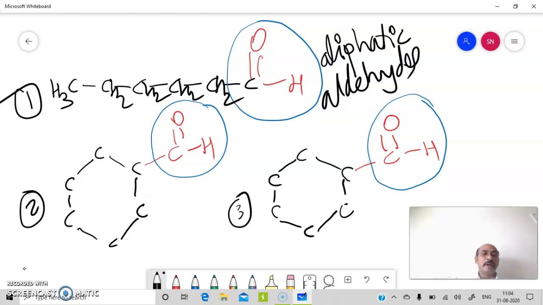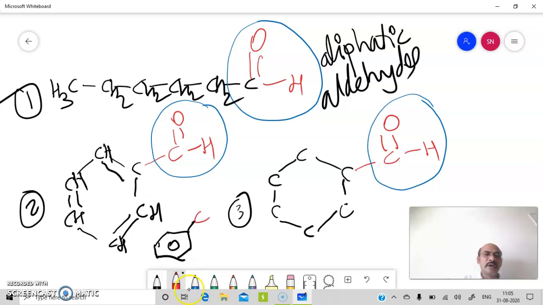two types are possible. If you remember, first and most important aromatic hydrocarbon, that is benzene, then here you have to write alternate double bonds and remaining valencies for hydrogens. So here 1H and here 1H. So here it is benzene. Simply you can write it like this: a hexagonal ring having a circle inside it, and here I am connecting the functional group, and that is aldehyde.